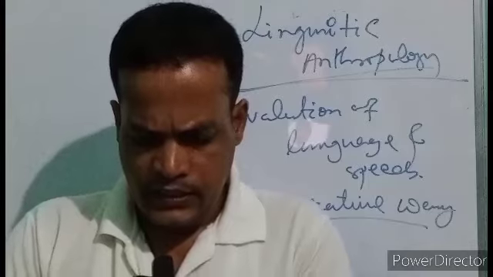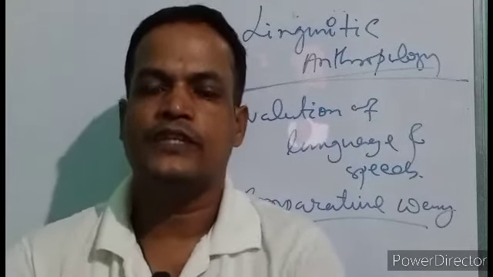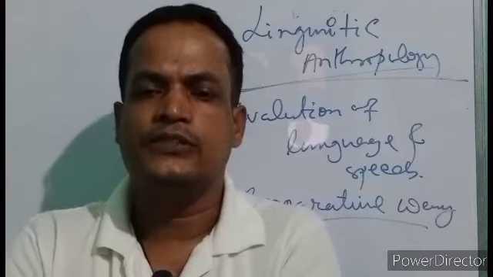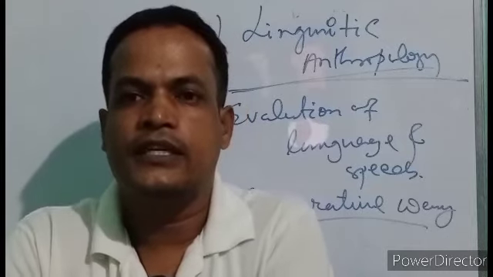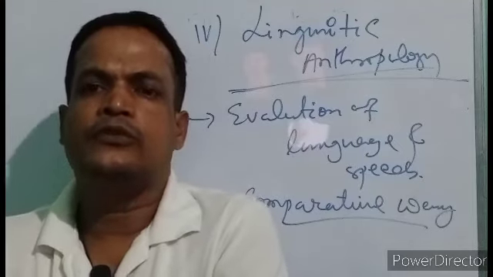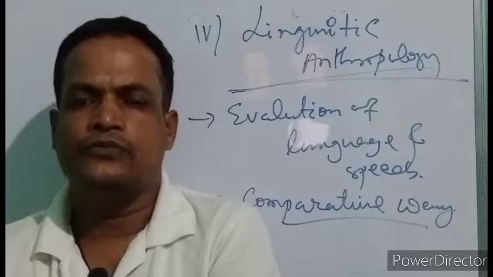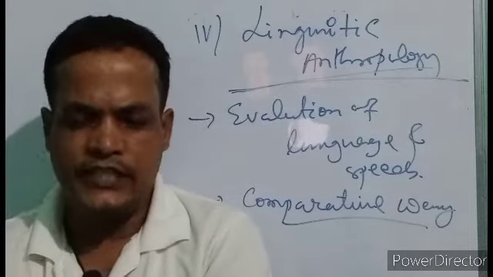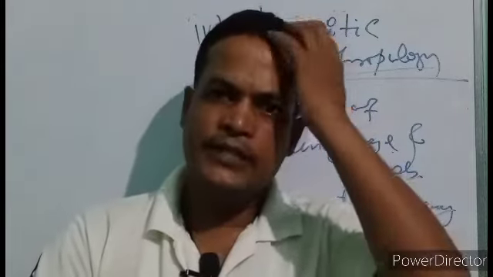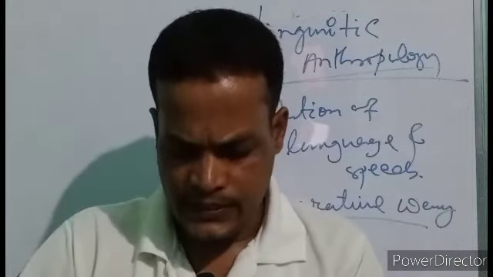Is it right? So except these branches of anthropology, that means physical, social, cultural, archaeological and linguistic, the scope is not restricted here. It has a wide scope. It covers a wide area. It also studies many other aspects, like we can say